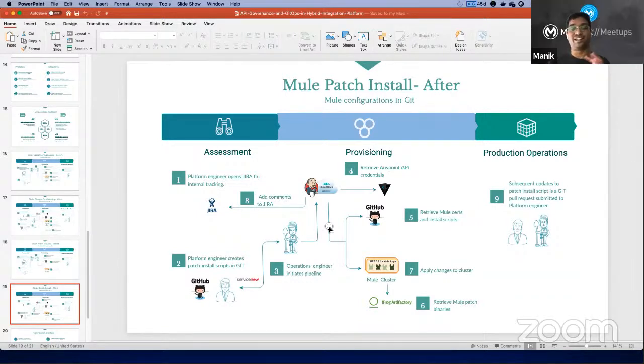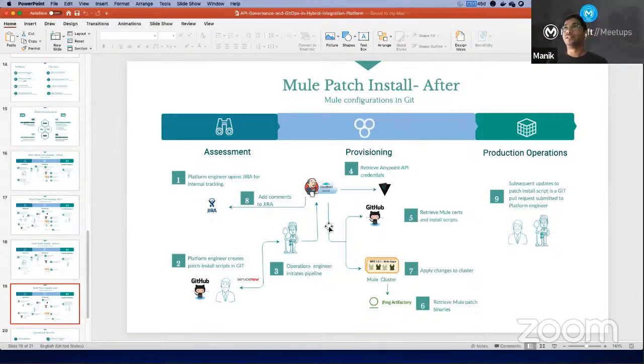Okay, and Dockerized would be a completely different approach. Yeah, I mean, Runtime Fabric is there. If you really want to run Mule in containers, why do it all by yourself when Mule is already providing Runtime Fabric? It's a container orchestrator tool built on Kubernetes, so you get all the things baked in already. Right.